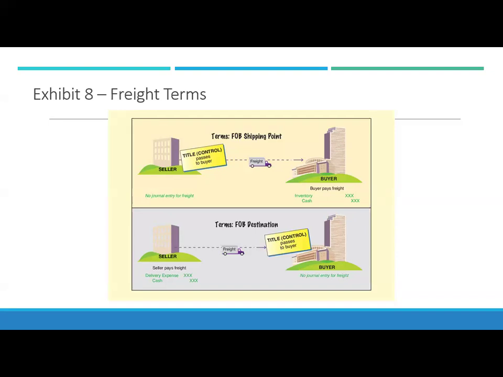And that's going to be the same as the invoice date. They're going to make the invoice date the same date as the delivery date or the shipping date, depending on what the terms were. And so the buyer,